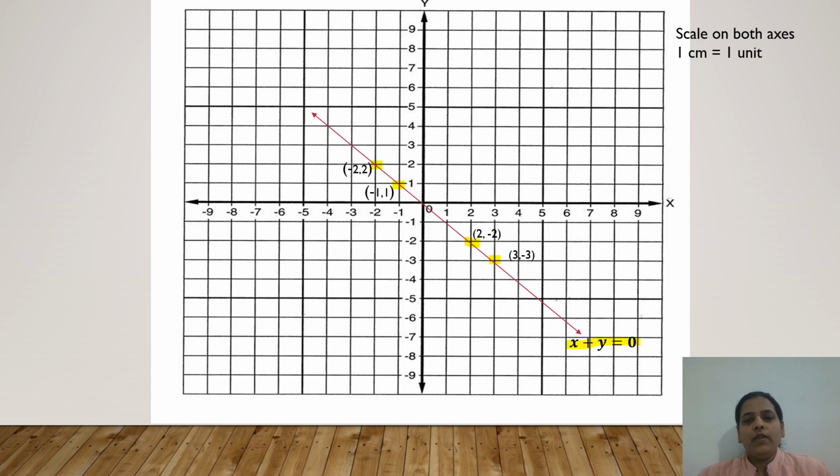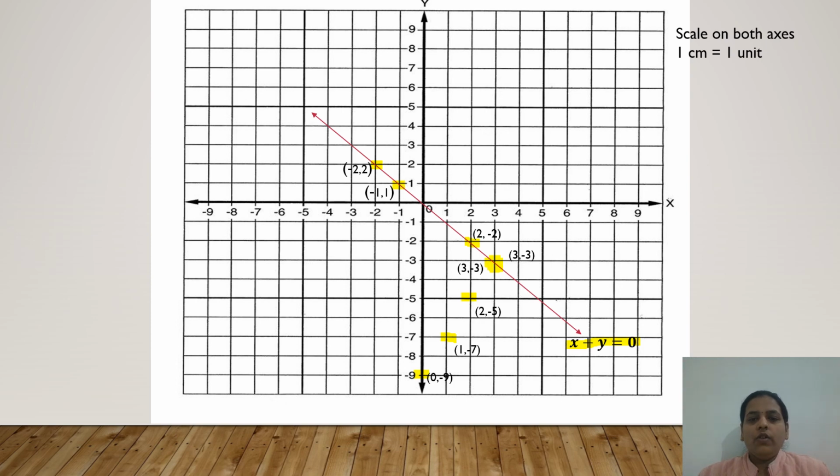Okay. Next, we want to plot the second equation points. First point is what? 1, minus 7 here. Okay. Next, 3, minus 3. Where is it? Here. Okay. Next, 2, minus 5. Where? Here it is. Okay. Next, 0, minus 9. Here it is.